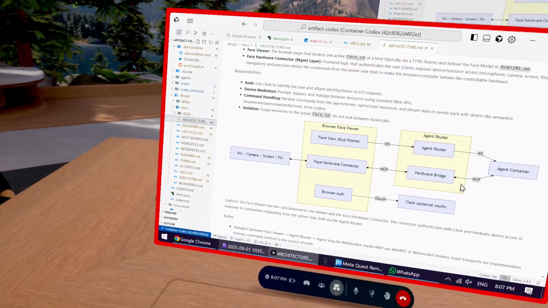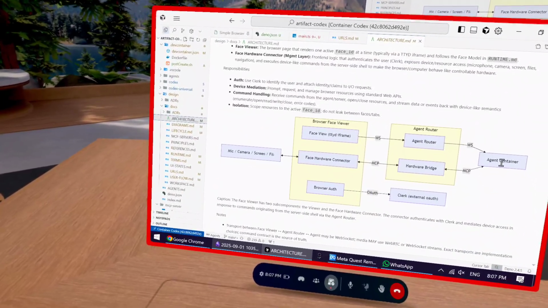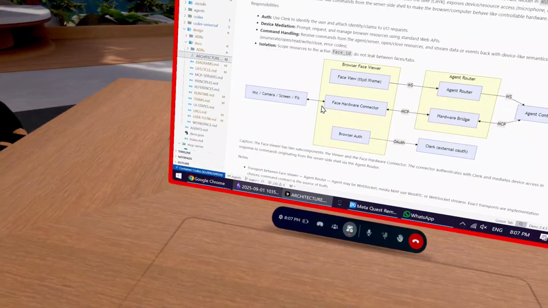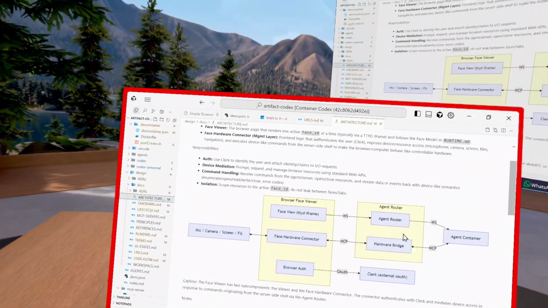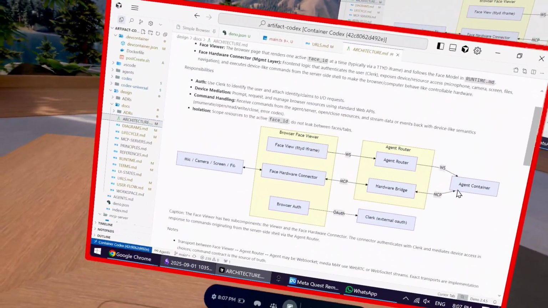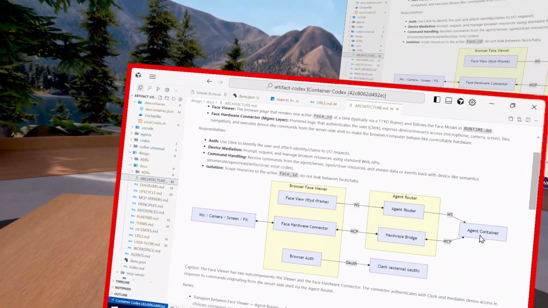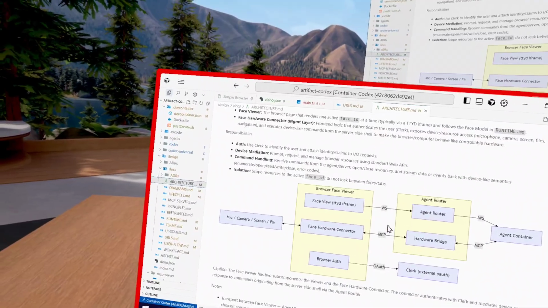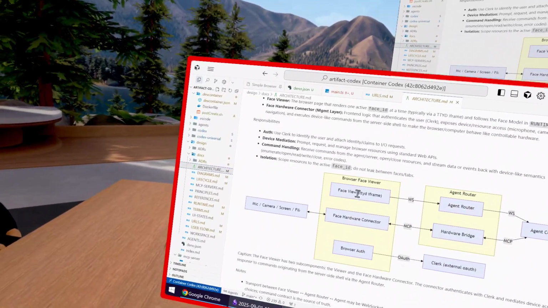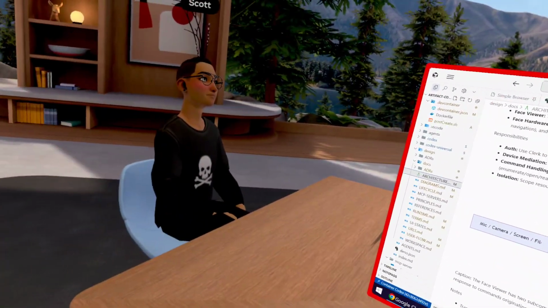And then the container talks back through to my browser face viewer, presumably. Well, the agent does whatever it likes with the stream of bytes, and then can choose to update the view any way it pleases.